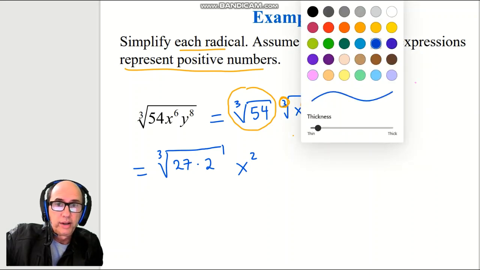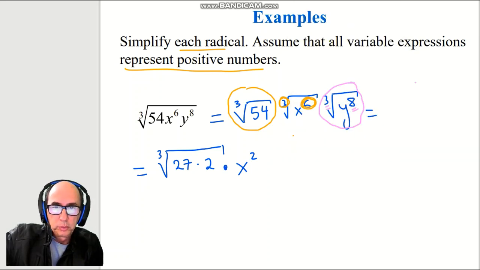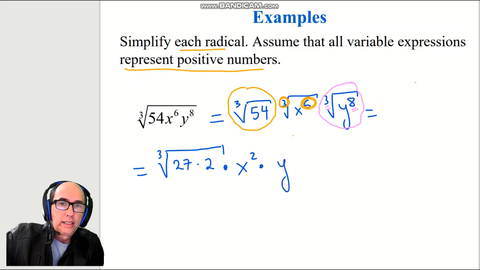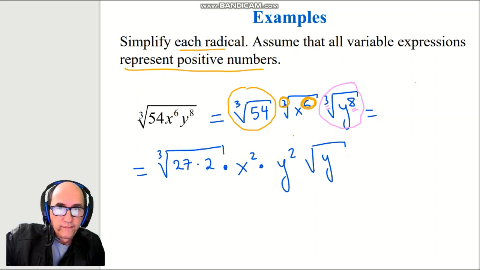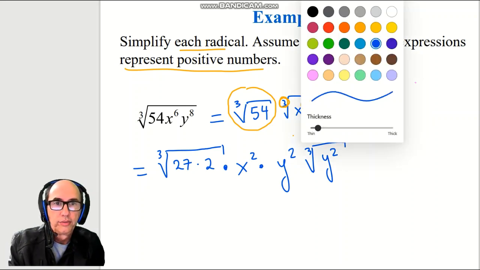Look, the way of simplifying this is multiplied, y. Okay, 8 divided by 3, we cannot divide, but we can divide 6 by 3, right? 6 divided by 3 is 2, and we have a remainder 2. This remainder that you're not able to divide by the index, we will keep inside the root. The remainder is 2, and the index is 3. Look if it makes sense,